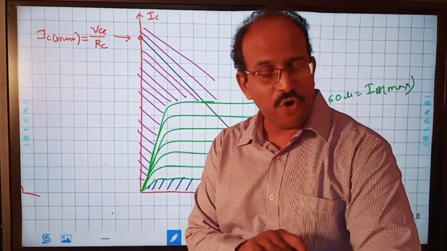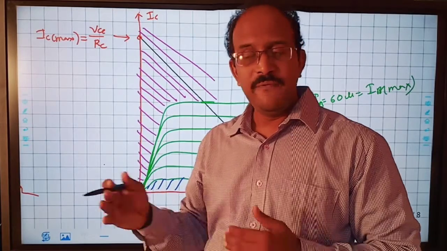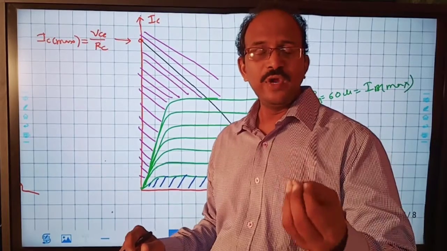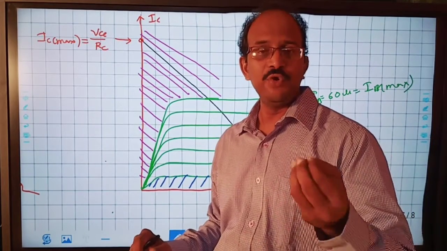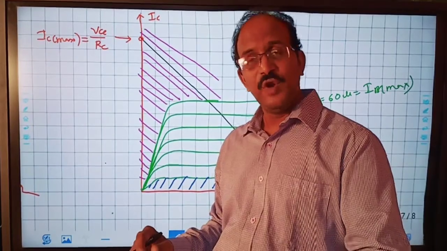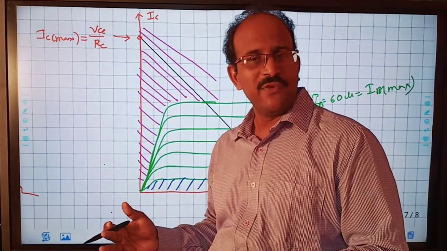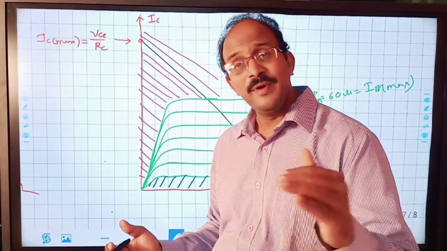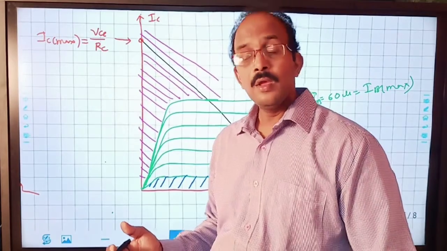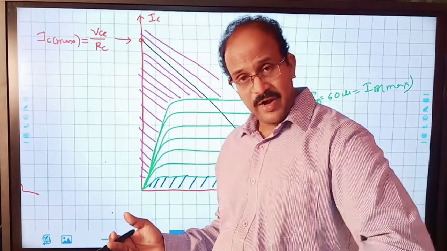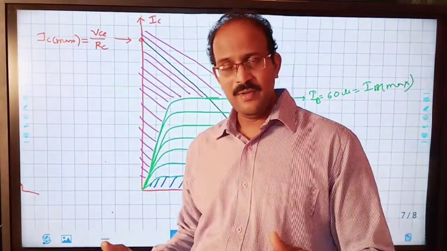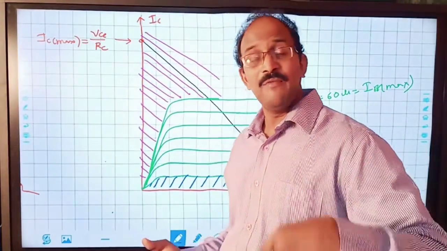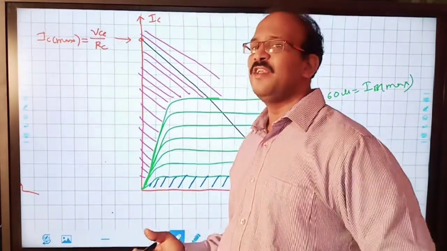Cutoff region means off, as I told in amplifier. If the input is below, like, suppose in your bank, you can withdraw minimum 100 rupees. But suppose if you demand 10 rupees, then no reaction. What you get output? 0. So that region is cutoff region. And maximum, suppose there is a limit of 1 lakh per day. So from 100 rupees to 1 lakh is an active region. Suppose you want 2 lakhs, then no, that is a saturated region. So 2 lakhs that bank will not give for a day. Suppose there is a restriction on this. So there is a restriction.